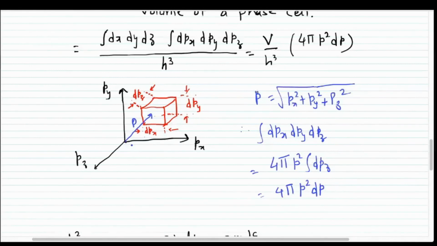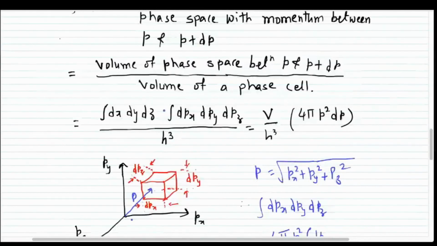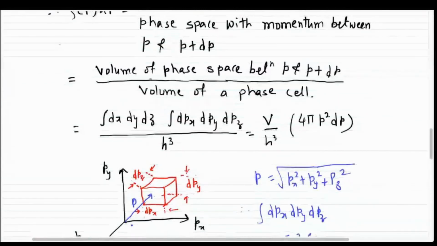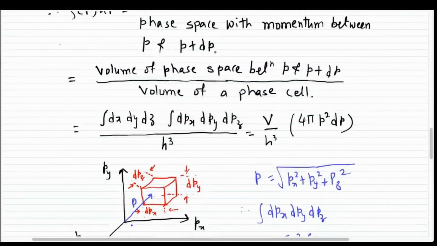Here there is a question asked by one student. Why are dx dy dz and dpx dpy dpz independent of each other and do not relate with each other with respect to the uncertainty principle? In this particular case, dx dy dz and dpx dpy dpz are the ranges of the position and momentum coordinates of the particle over which we can detect the particle. That means over which we have to determine the microstates accessible to the particle. These are not minimum uncertainties in the measurements of the position and momentum coordinates.